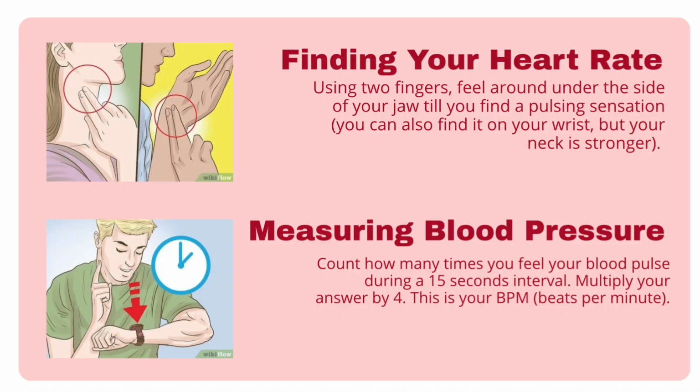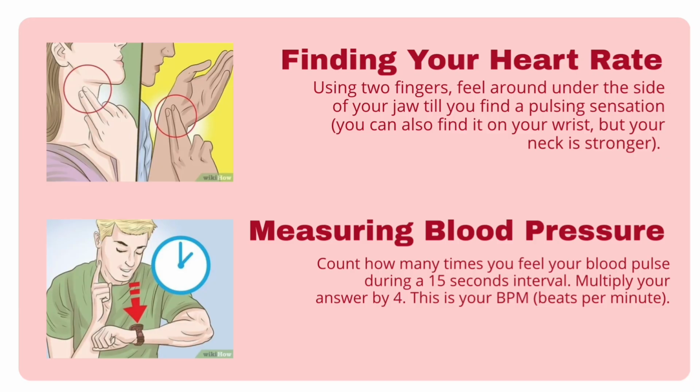So for our first activity, we're going to be teaching the kids how to find their heart rate. So step 1 is to teach them where the heart is. Using 2 fingers, you can feel on the side of your jaw, just under your chin, or just under your jawline. You should feel a pulsing sensation. It may take a few tries to find it, but just move around your neck till you find it. You can also find it in your wrist, but it's much stronger in your neck, so I always suggest doing